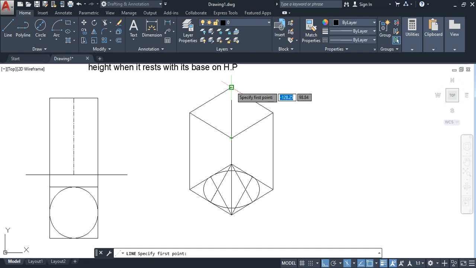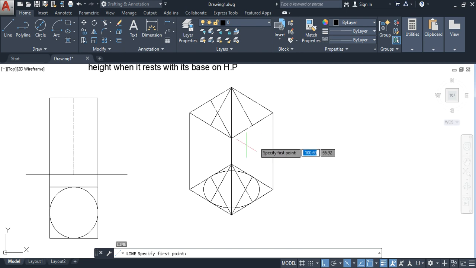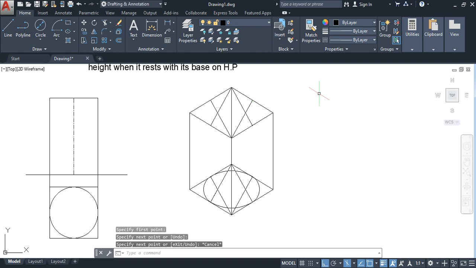So we know the process, from this point to this point will join, and also from the same corner to the midpoint of opposite line, and we'll repeat the procedure here, from here to midpoint of this, and from here to midpoint of this. So the same procedure we have followed, and here also we have to draw the isometric view of circle in this plane. So for this,